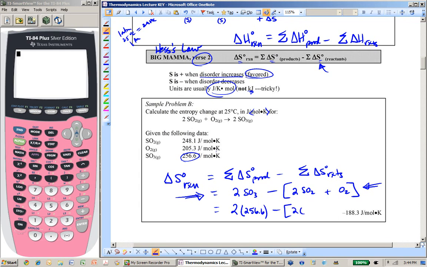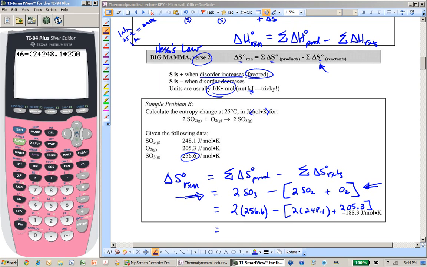So 2 times the SO2 is 248.1 plus, unfortunately, that's not 0. Matter of fact, it has a substantial value compared to the rest, 205.3. So I like to push it in my calculator exactly as it looks on the page and not get creative because I don't want to mess up any of my signs. So 2 times 256.6 minus, open a paren, 2 times 248.1 plus